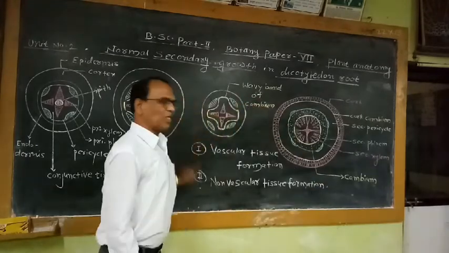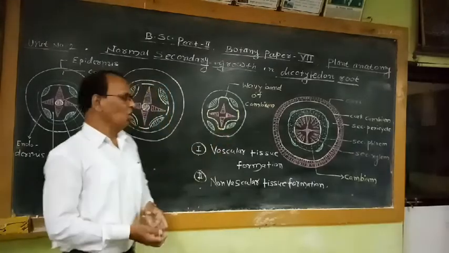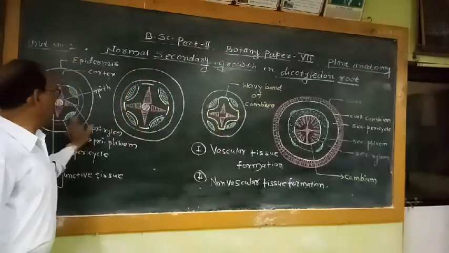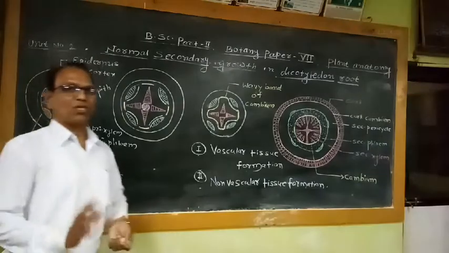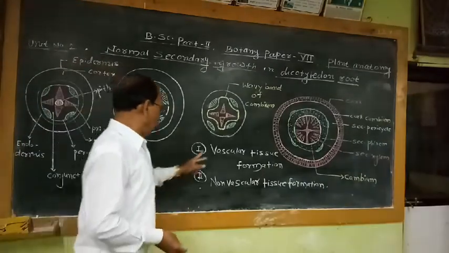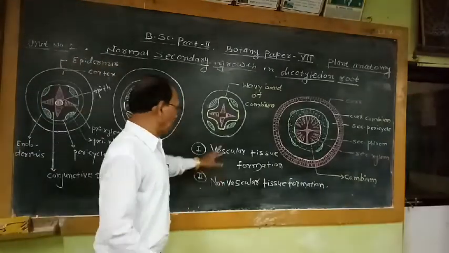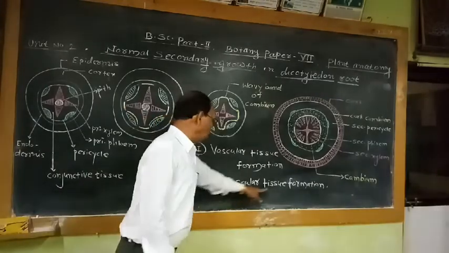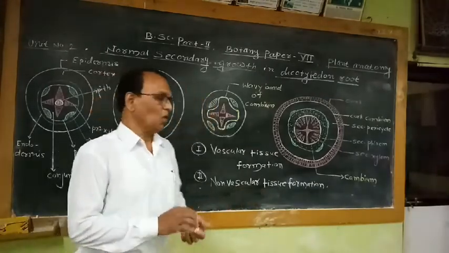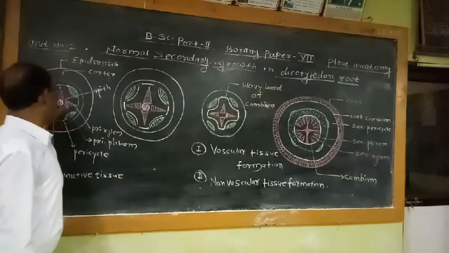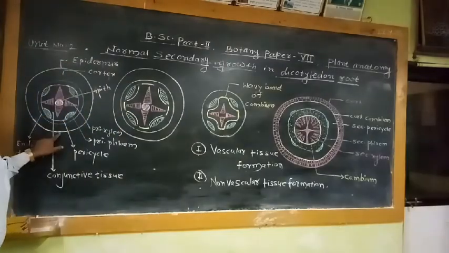So there are two steps in the process of secondary growth. With the help of these diagrammatic figures 1, 2, 3, 4, I am going to discuss how the vascular tissue formation takes place and how the non-vascular tissue formation takes place. So this is the diagrammatic transverse section of dicot root,